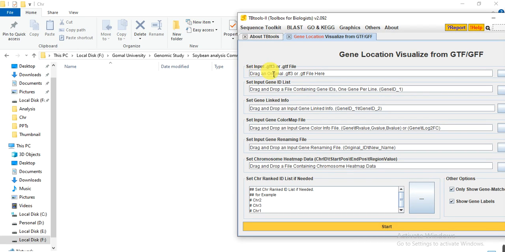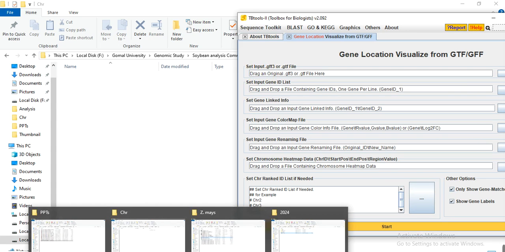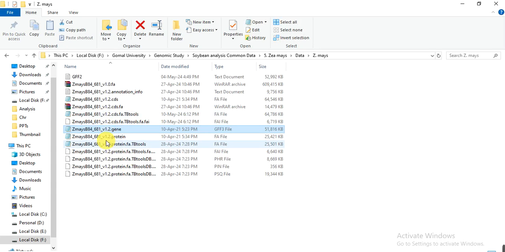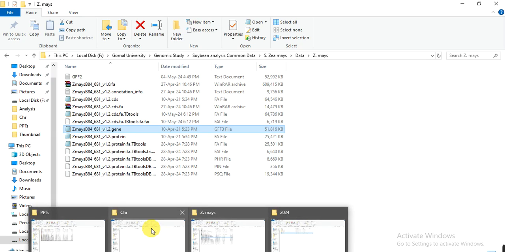First is the GFF3 file that we can get from the Zea mays data file, and this one is our GFF file. We have already downloaded it from Phytozome. You can also download it from Phytozome or from the Zea mays genome database. How can we download this file? I have already made a video of that, part 2 of the series, so you can watch it, follow the steps and download these files. And another file that we need is